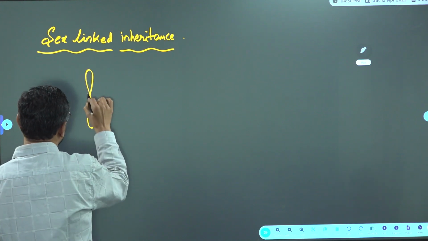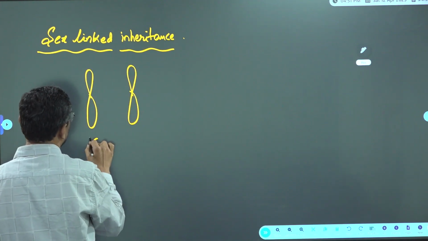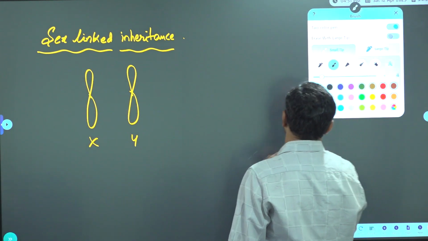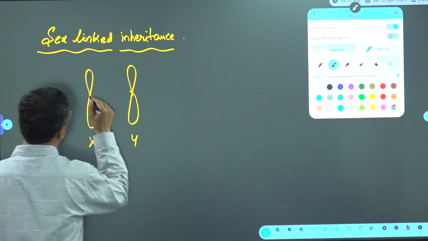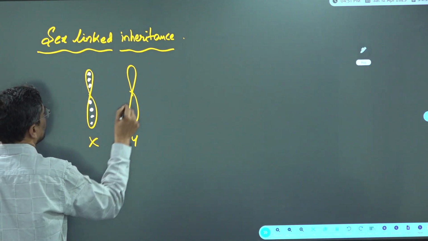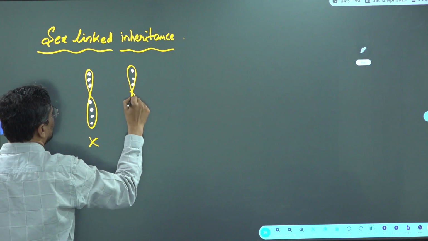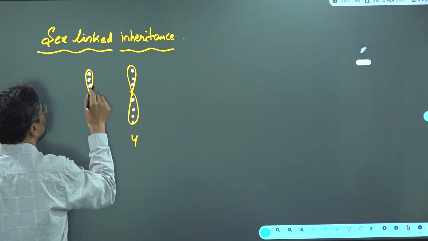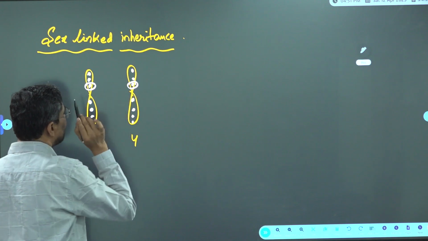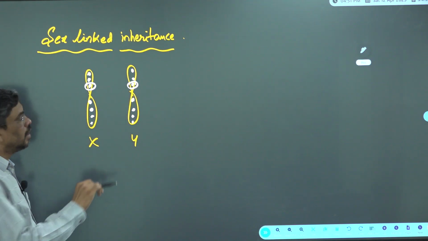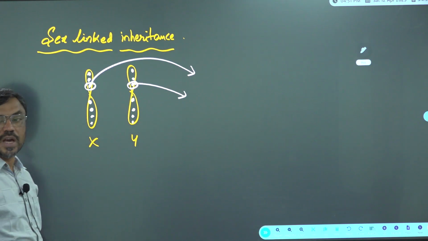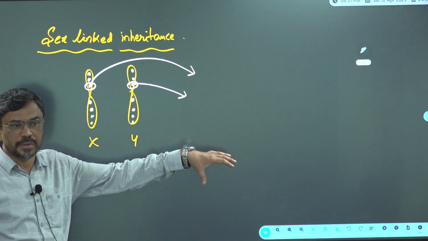Suppose this is the X chromosome and this is the Y chromosome, and these X and Y chromosomes have some genes on them. If the gene located on the X chromosome or on the Y chromosome is abnormal, and if it is inherited by the next generation,